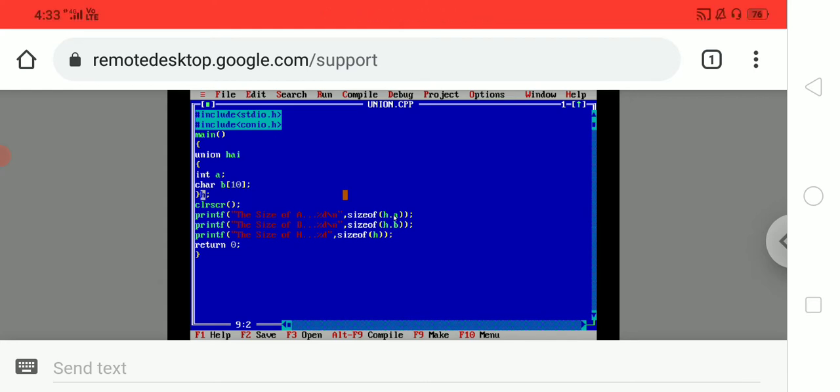So in this example I gave two primitive data types, one is int and another one is char. We already know the size of int is 2 bytes and char is 1. Here I gave size 10, so 10 plus 2, total 12 size. In this way it creates memory for a structure variable, but in a union variable the size will depend on the